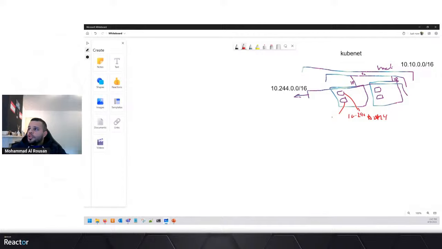For this pod 0.5, for example. For here, 10.244.1, for example, .2. So how are they going to communicate? Where is the NAT happening? Actually, Azure will deploy a UDR.